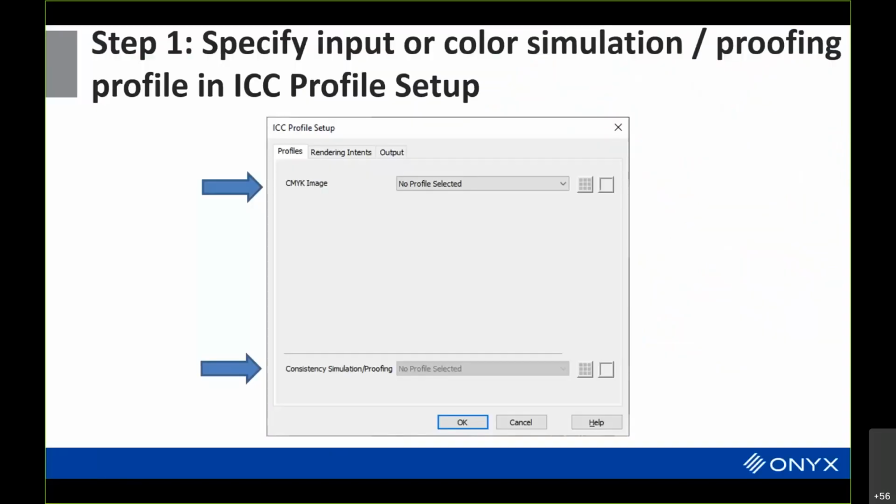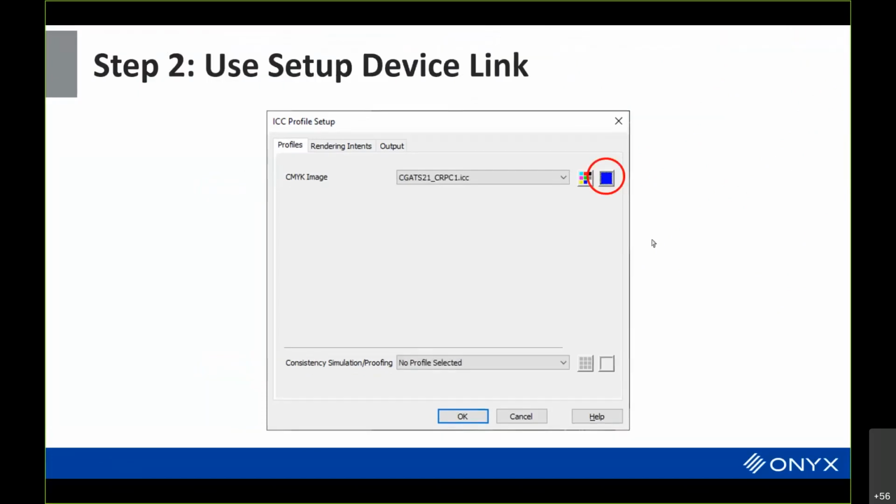We spend a lot of time and effort to try to make the use of device links give basically a little bit more accuracy in terms of applying the transforms. You're still applying the same transforms. We're just basically reducing the fees. And you can do it in a number of ways. You can go into profile setup and select your profile, either an image profile or a simulation profile. Once the profile is selected, we have an additional control in version 19 that basically allows you to do device link setup.